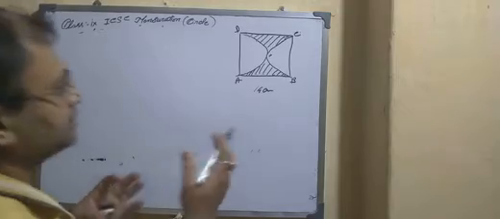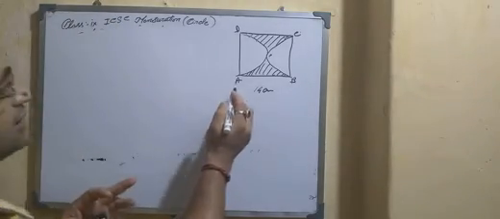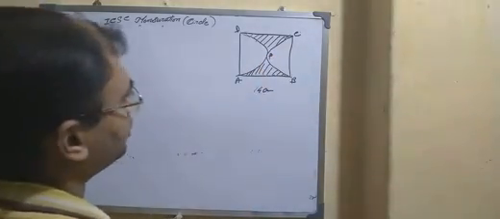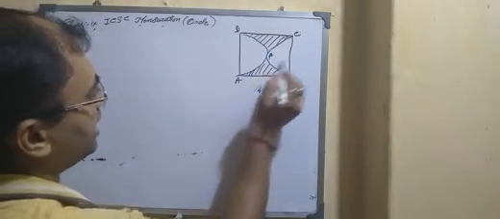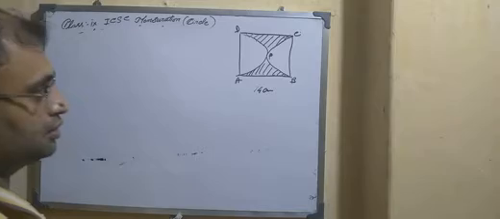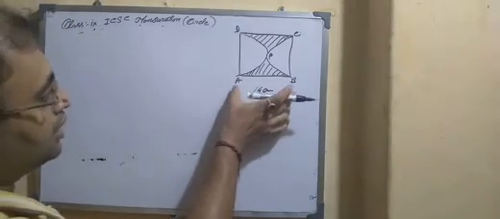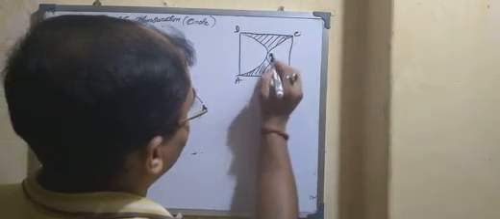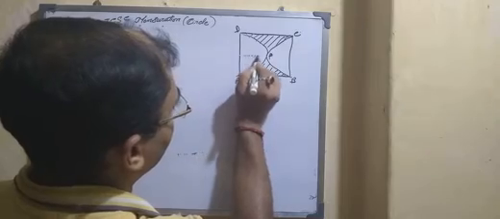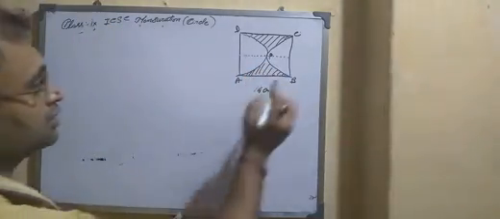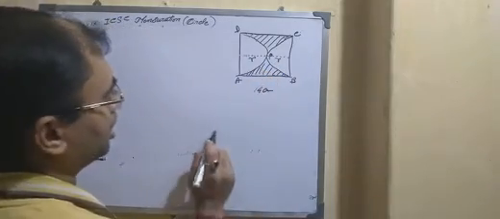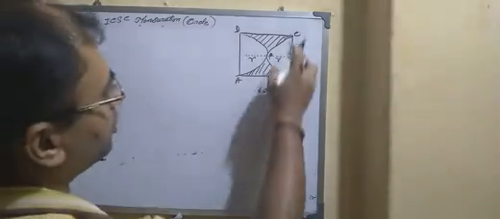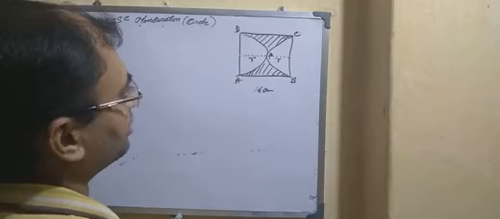Hello students, here is another problem. ABCD is a square, the length of the side is 14 centimeter. DPA and CPB are the semicircles. Now this is the side of a square and this is the R and this is also R. That means 2R is equal to 14 centimeter. Okay, because it is the semicircle, that means this is the center of the circle.